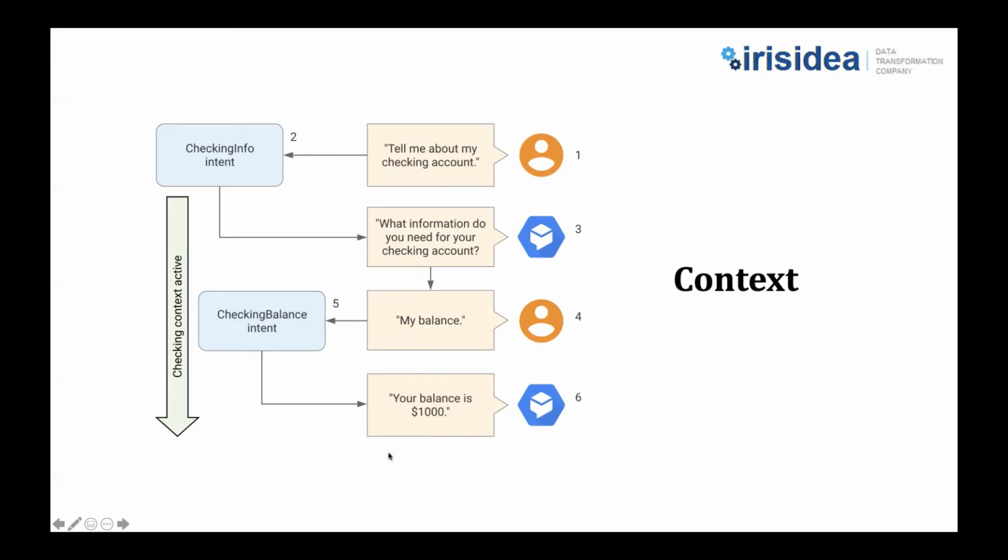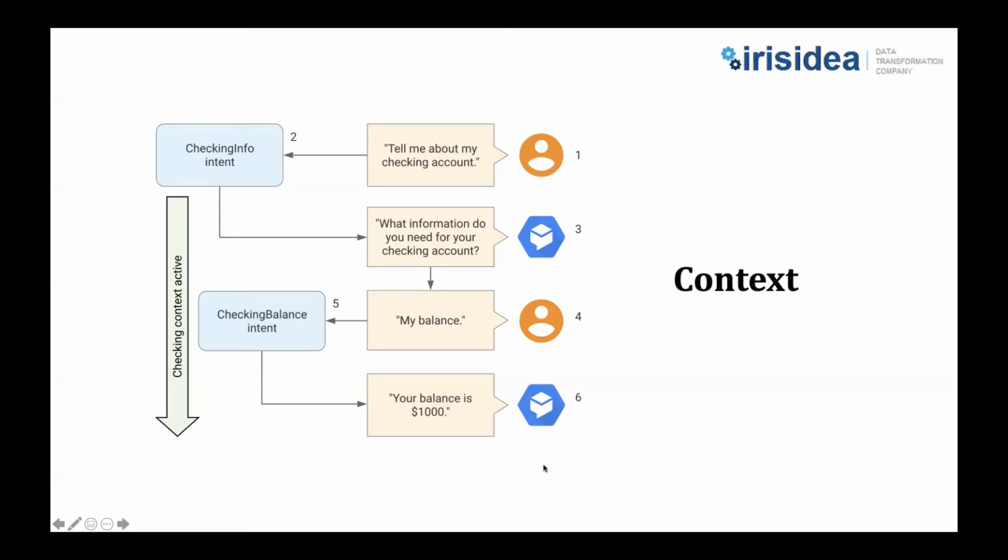This is fine. Now let's say I immediately ask, what are my last 5 transactions? It will automatically tell you that the last 5 transactions are XYZ, and so on. Why will it do that instead of asking which transaction? Because it still knows that you're talking about checking info, unless you suddenly bring up another question saying, I need transaction info of my savings account.